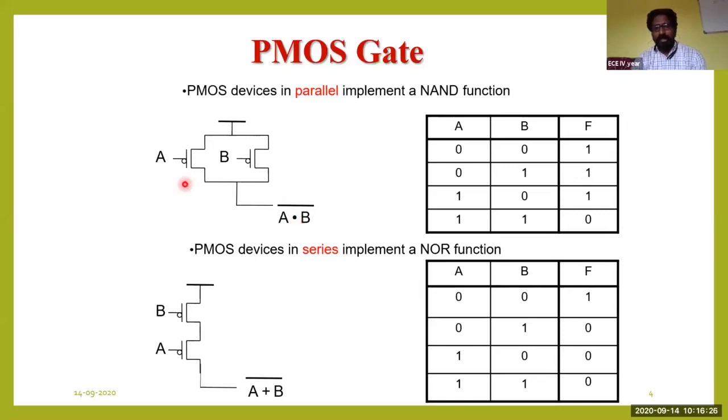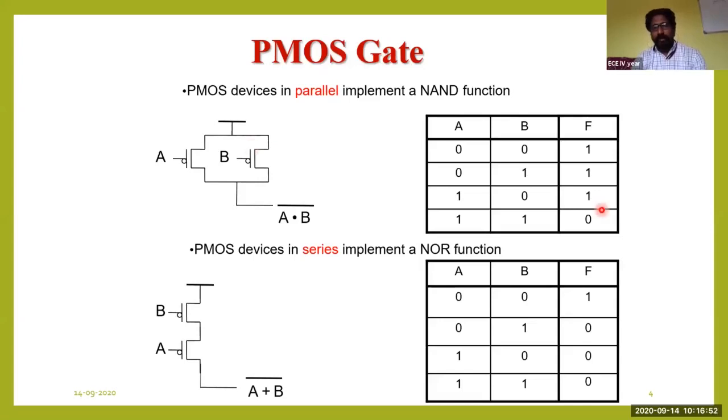For the next case, it's the reverse of this operation. A is going to be off and B is going to be turned on. So here the channel is formed. When we supply a gate voltage which is greater than the threshold voltage, the channel will be formed, and through this channel the potential will travel. That is, the difference is created between the output and this VDD. Potential travels through this transistor 2 to the output, and you get an output equal to 1. So that's what is 1.